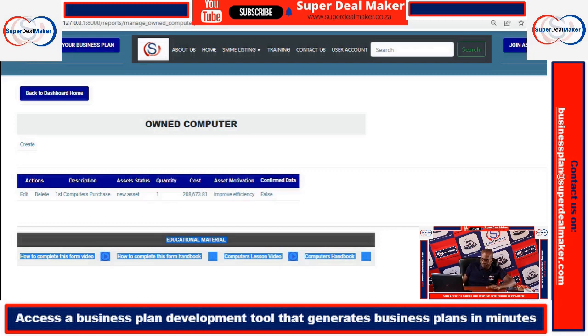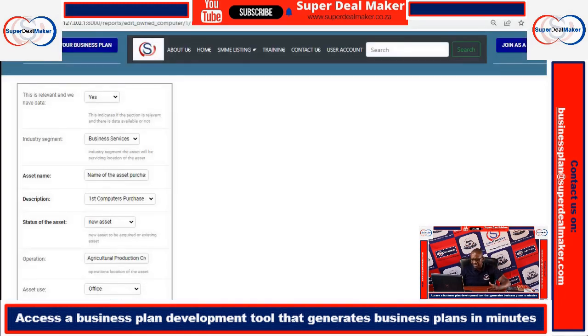Then I can create a new one, or you can edit this one, or you can delete this one, depending on the needs of your business. Does your business need computers? If yes, then from the one that the system has generated, we say yes, we have data. The name of the asset: we need laptops. Let's say, advertising Dell